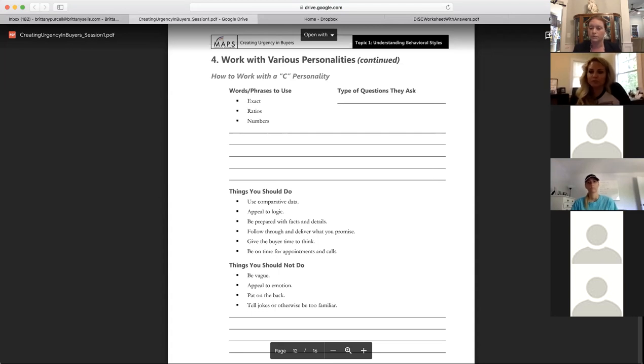Follow through and deliver on what you promise. If you're going to make a promise, deliver on it. If you're not going to deliver on it, don't say it. I would just absolutely say that without a shadow of a doubt with a high C. They may never tell you that you failed them. They may just cast that judgment and they're already putting like a token in the negative tank. So be very, very careful around over-promising. You want to under-promise and over-deliver.